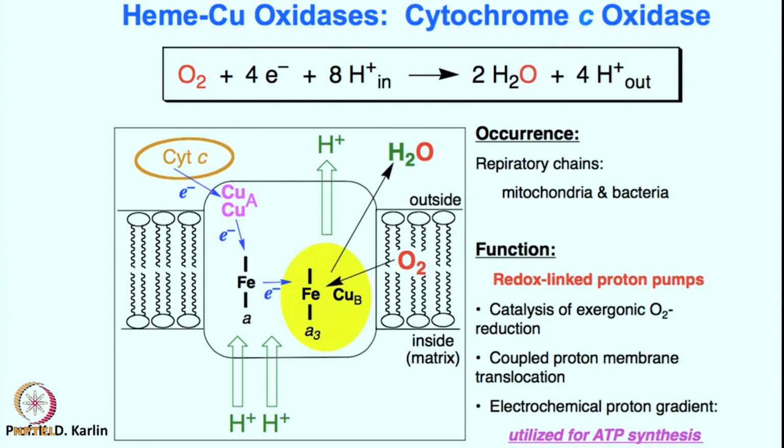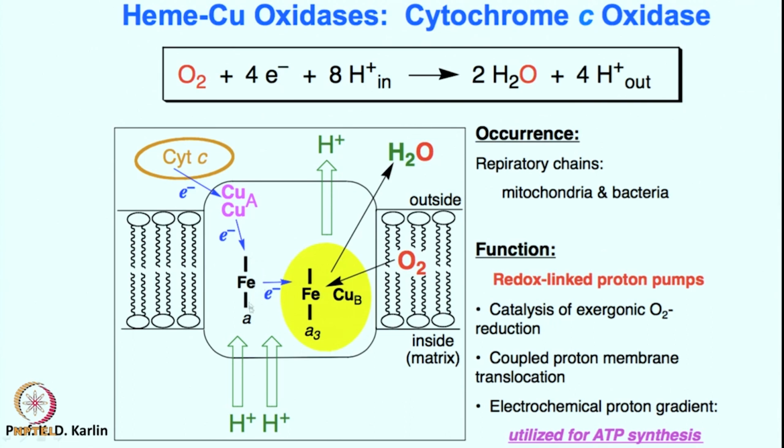A very difficult transformation. If you look at it, it requires 4 electrons and 4 protons overall to convert it into water. By doing so, it is participating in the proton gradient creation, and overall this is a very important transformation in nature. Cytochrome C oxidase has quite a few active species or quite a few metal centers that are involved. Of course, there is an iron copper center, which is the one we will briefly discuss.